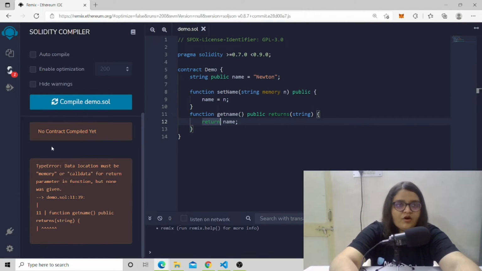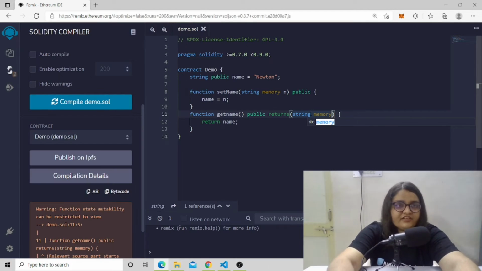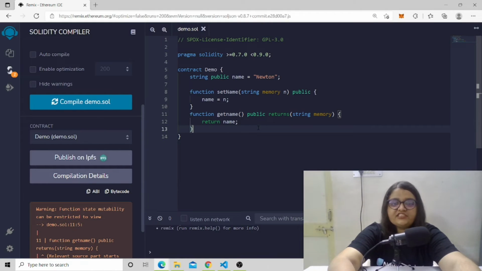Yeah, so we are good to go, and we are returning string memory only. So let's have here memory, and yeah, now it's completely done. Our contract is ready, a very basic contract which is just storing a name and fetching the data from the